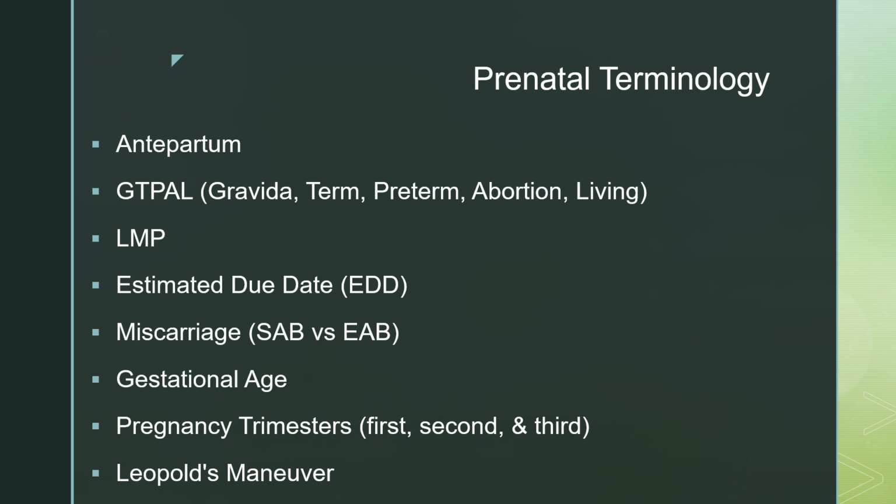LMP has to do with her last menstrual period. As long as there's good, accurate dating, so 3 consistent cycles that are pretty, I'd say, within a few days apart from each other. So her cycles are every 28 days, her cycles are every 35 days. You can calculate a pretty accurate due date for the mother, but it is a due month versus a due date. But if she has an irregular cycle, we do encourage an ultrasound just to get more accurate dating the